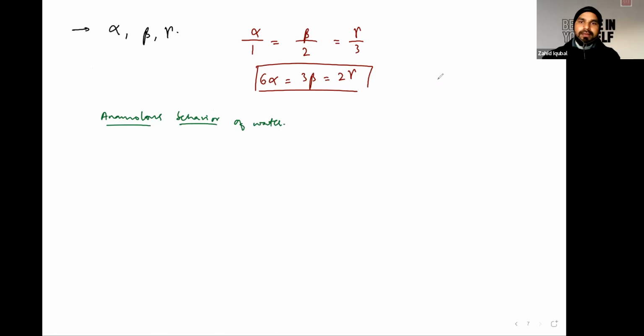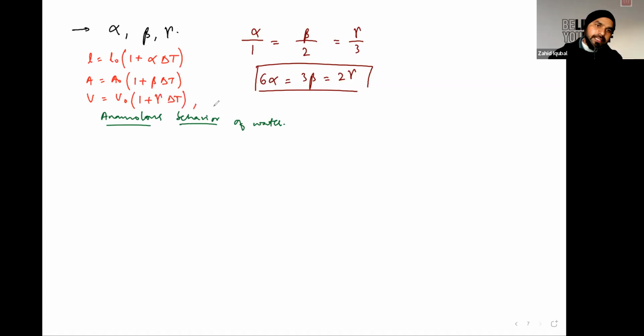Okay. According to the relation, length will expand as L is equal to L naught into 1 plus alpha delta T. Similarly, area will be equal to A naught into 1 plus beta delta T, and volume will be equal to V naught into 1 plus gamma delta T. And similarly, density will be equal to rho naught into 1 minus gamma delta T. In this part, if you increase